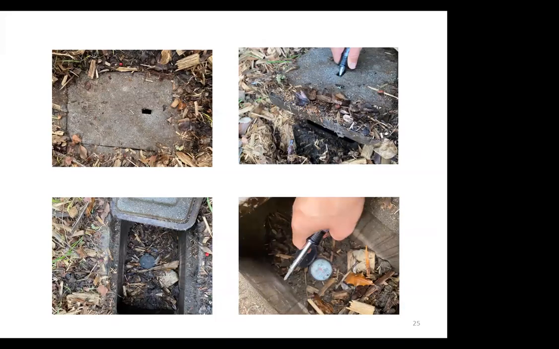Now, the first part of the home survey kit for testing for leaks is learning how to read your water meter, because the meter will tell you whether or not water is being used on your property. If you are not actively using water, but the meter is turning, then most likely you have a leak.